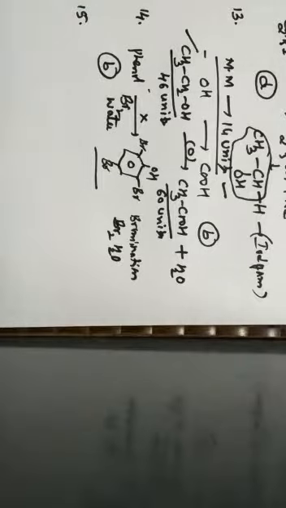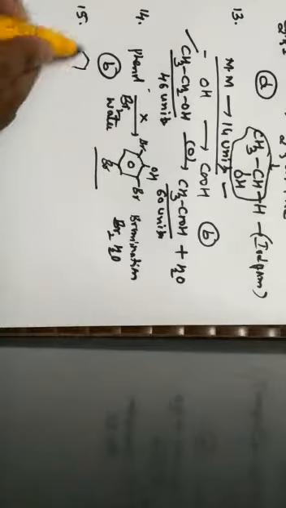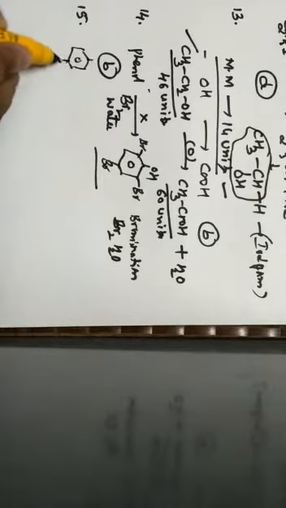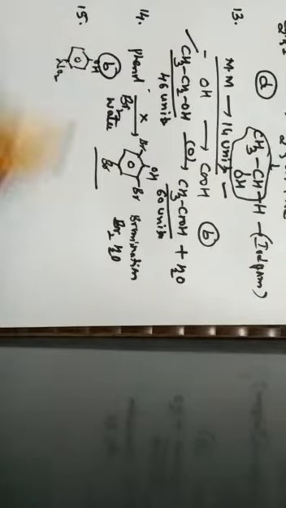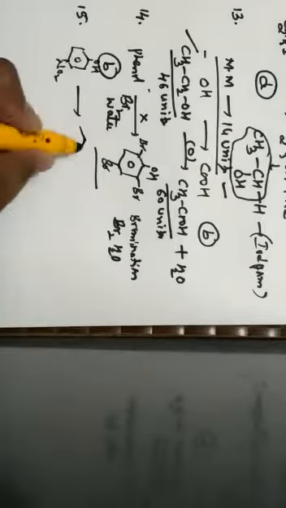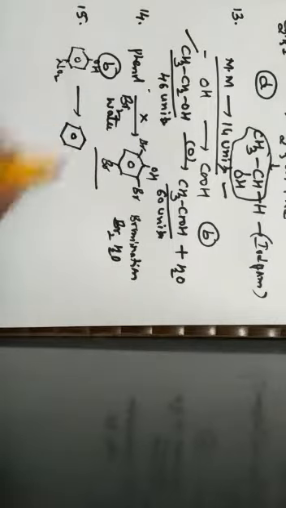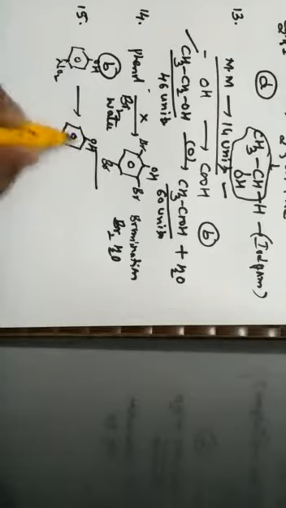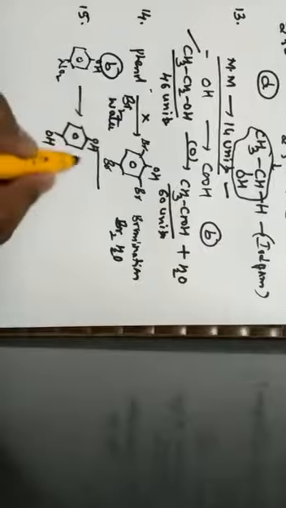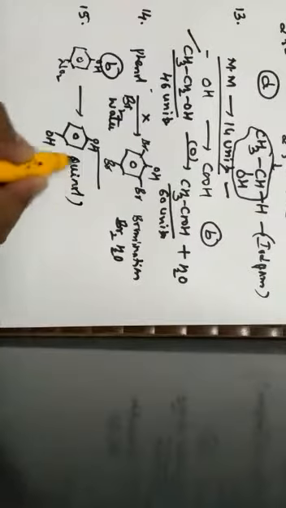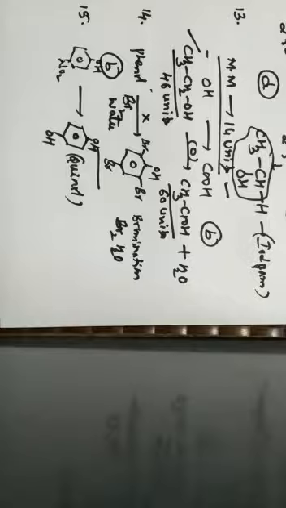The correct sequence of reactions to convert para-nitrophenol. So what they have given? The correct sequence of reactions to convert para-nitrophenol. Para-nitrophenol has to be converted into what? Quinol. So again a question arises for the students. Quinol is nothing but, for a phenol, at para position there is an attachment of one more OH group. This is the structure of quinol. So what they are asking? They are asking in what sequence of reactions para-nitrophenol will be converted into a quinol.